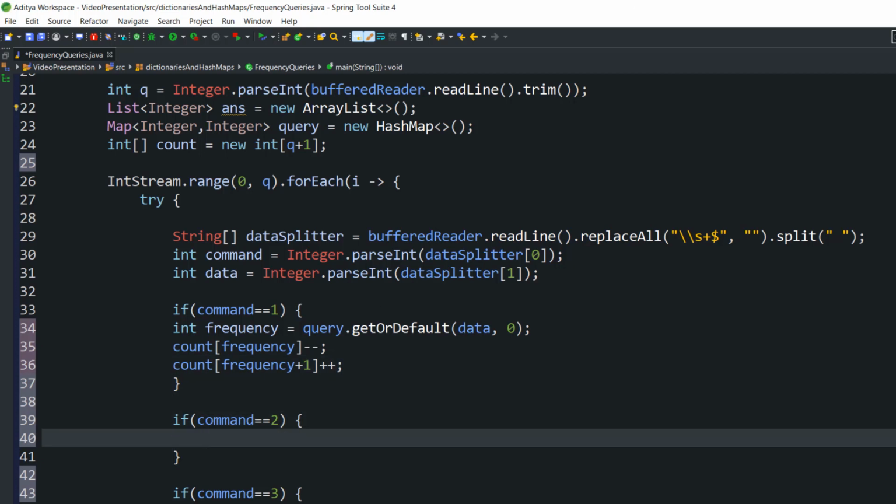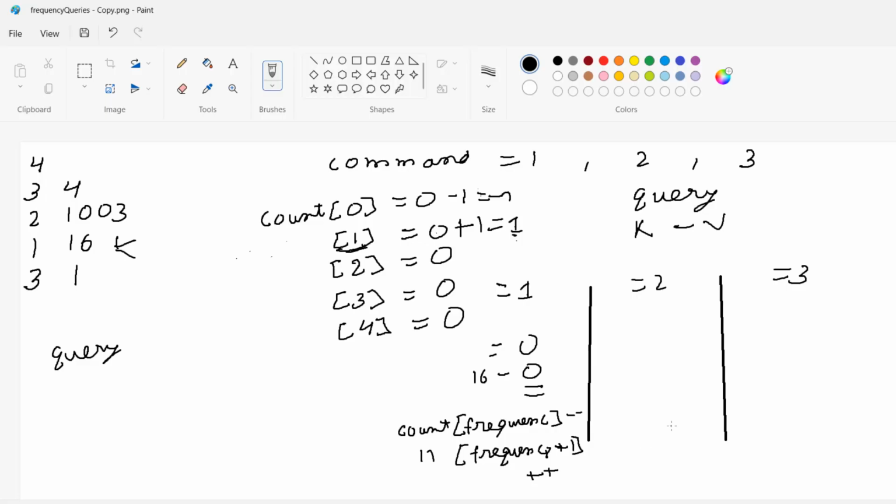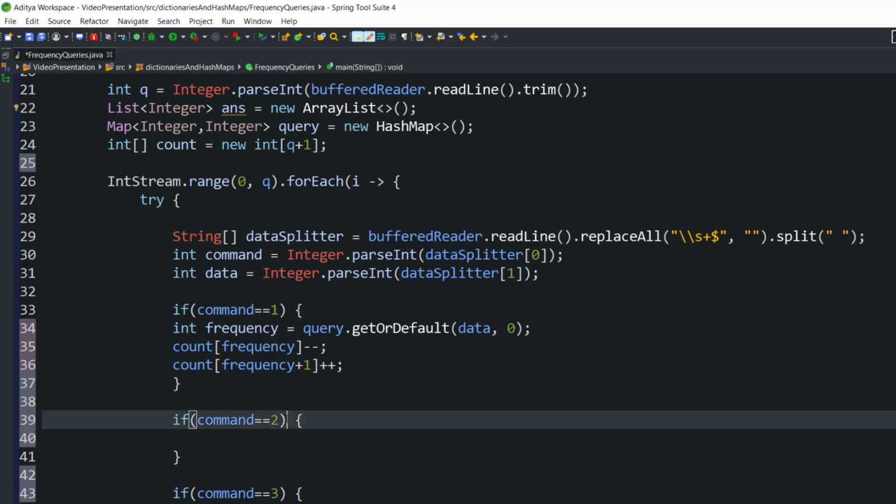Now what we will do? Now we will move into command 2. Now what does command 2 say? Command 2 says to delete one occurrence of y if it is present. So when I am in command 2, I have to check one more important thing: that in the query section that data is present or not. Or basically what I am saying is that q.getData should not be equal to null. Alright, so I can write like this: command 2